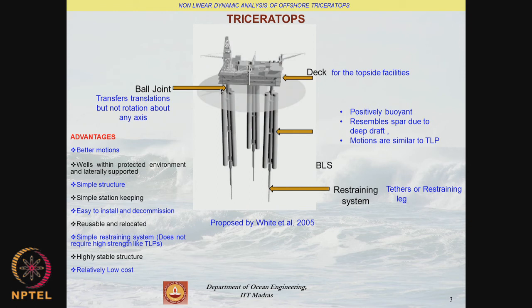So, ball joints transfer only translational motion, but no rotation. There are specific advantages derived from Triceratops geometry: better motion characteristics, wells are protected within the buoyant legs and they are laterally supported, relatively simple form of geometry, good station keeping procedures, easy to install and decommission the